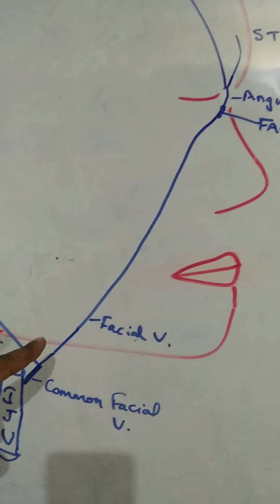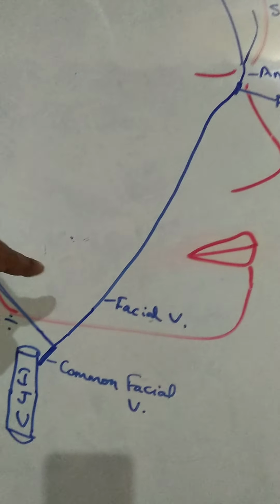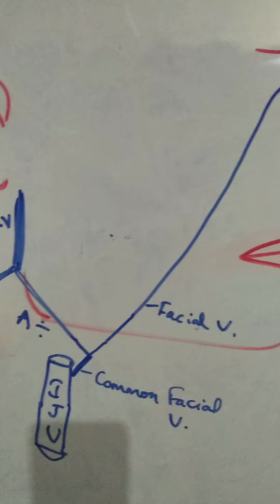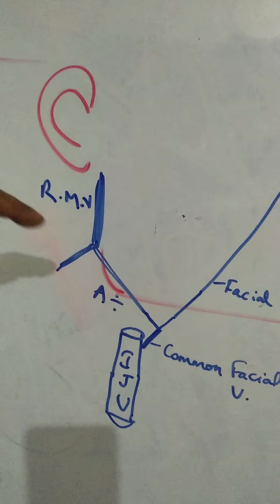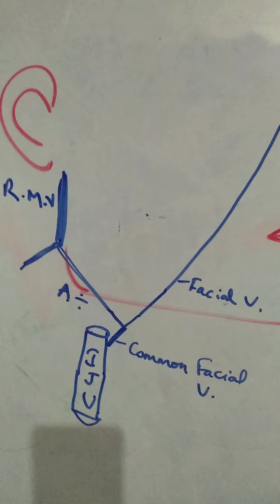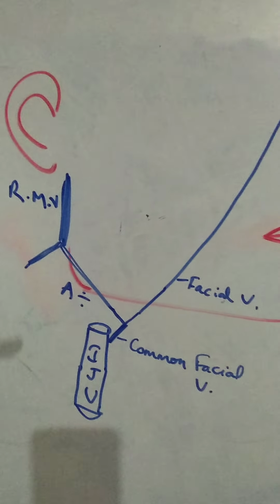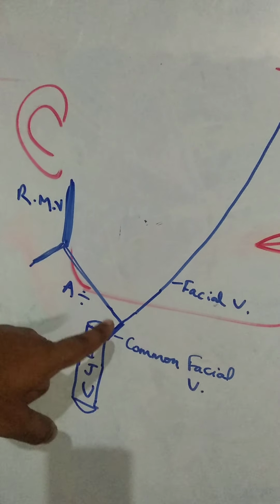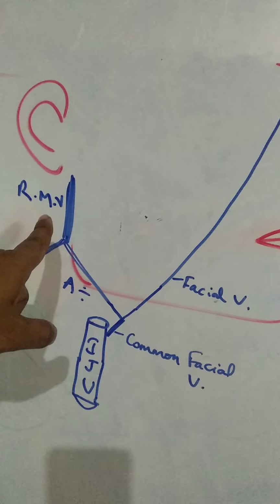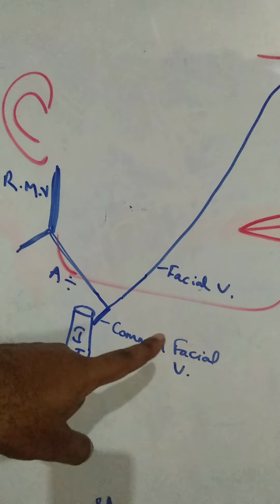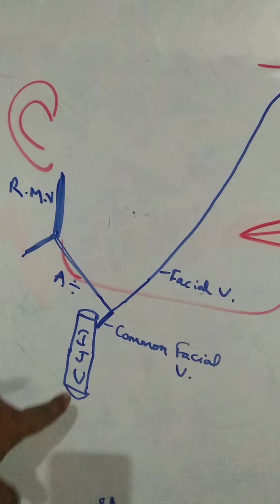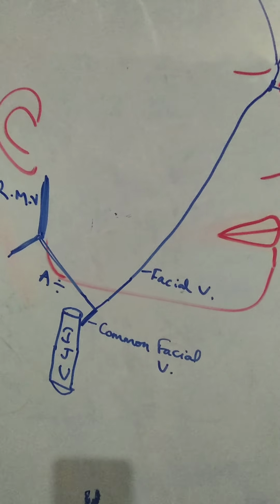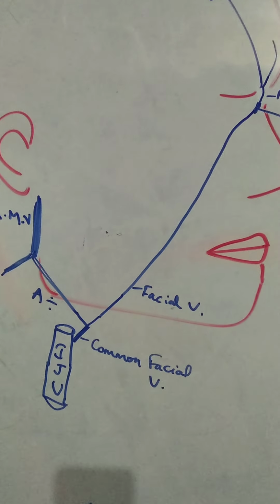At the anterior-inferior angle of the masseter, which is one of the muscles of mastication, it pierces the deep fascia of the neck to join with the anterior division of the retromandibular vein. So that is the termination. So what happens to facial vein? Facial vein joins with the anterior division of retromandibular vein to form common facial vein. This common facial vein ends up in one big vein of the neck, called internal jugular vein. So that is the termination of facial vein.